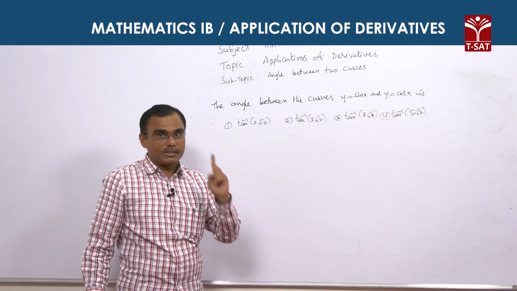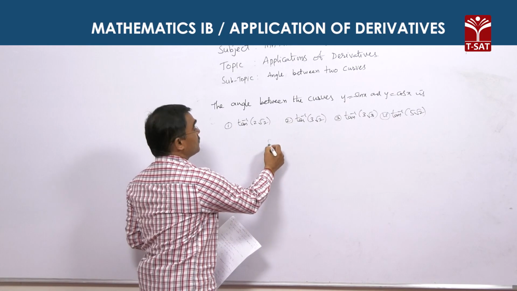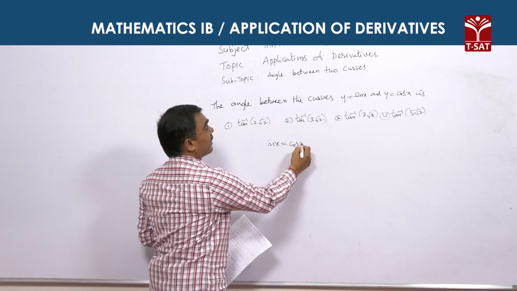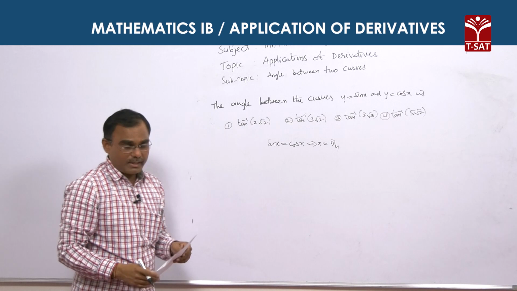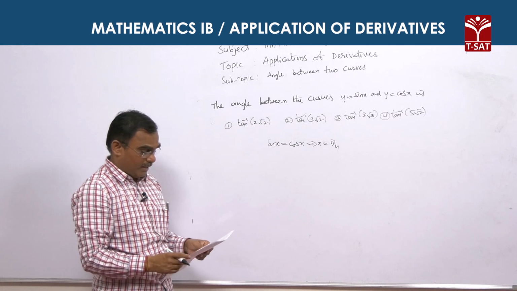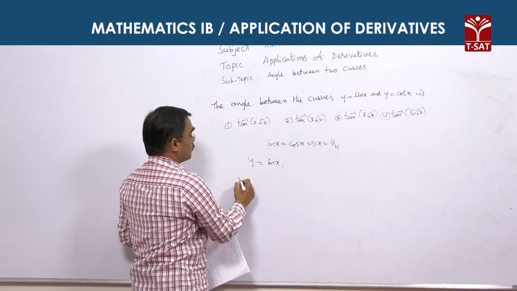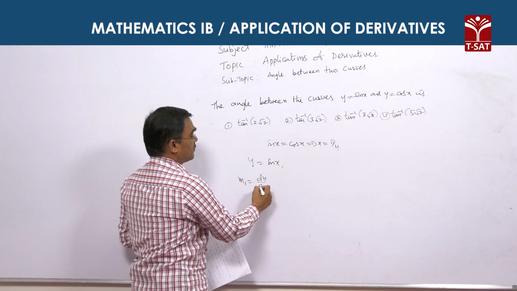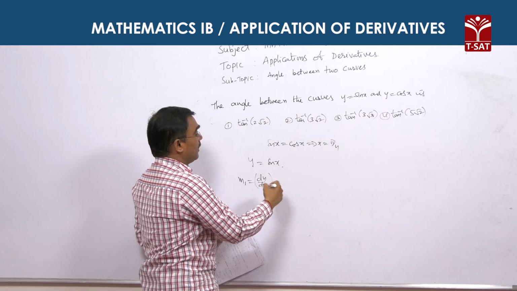First find the intersecting point, right. What is the intersecting point? Sin x equal to cos x, right. This implies x is equal to 45 degrees, pi by 4. The two curves intersect at x equal to pi by 4. So the first curve is y is equal to sin x. The slope of the tangent dy by dx at the point pi by 4,